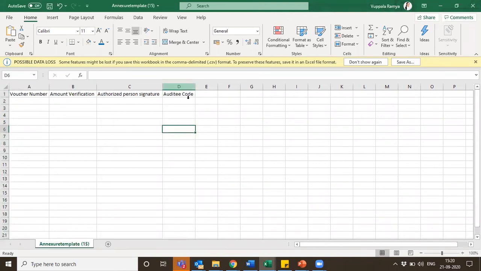Why do we have the auditee code? When it is dynamic, which has a date range, the data keeps changing. Similarly, even the samples of each auditee would also change. The voucher numbers I have to verify for branch 1 would always be different from branch 2.